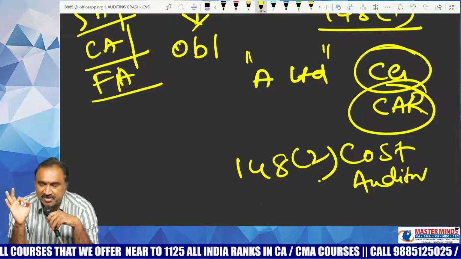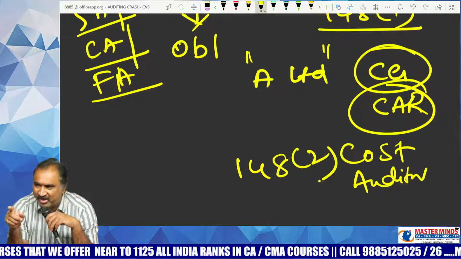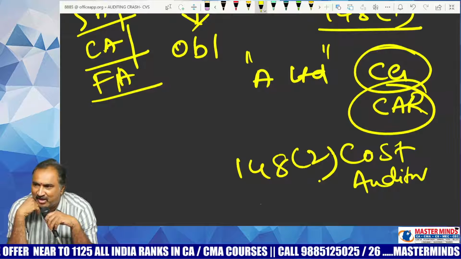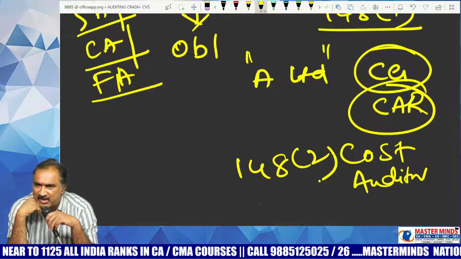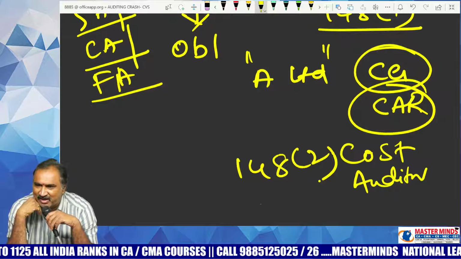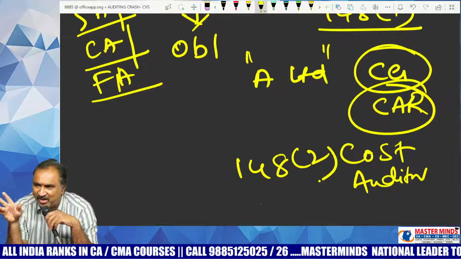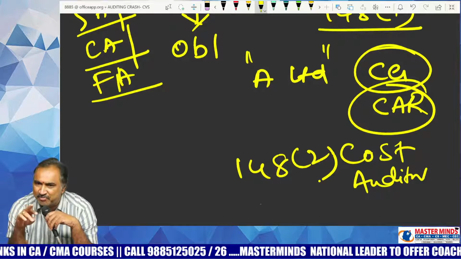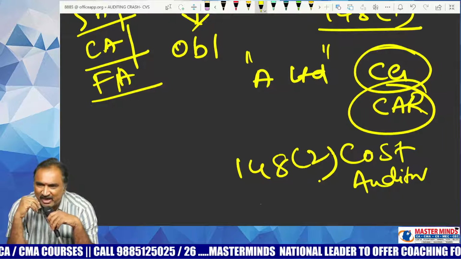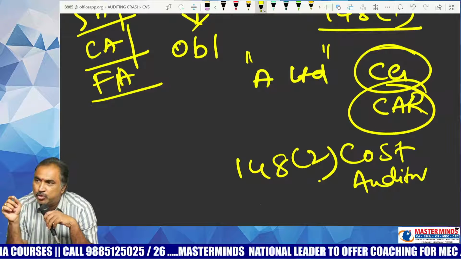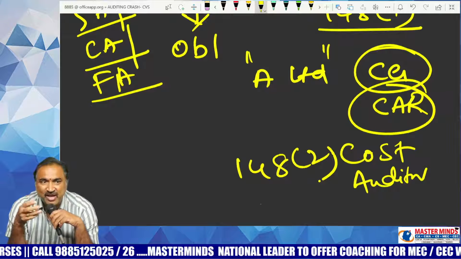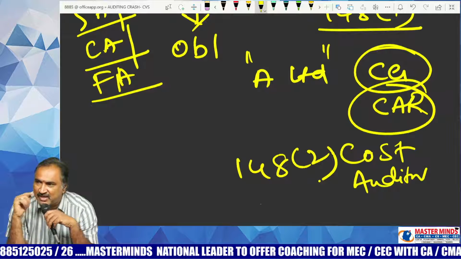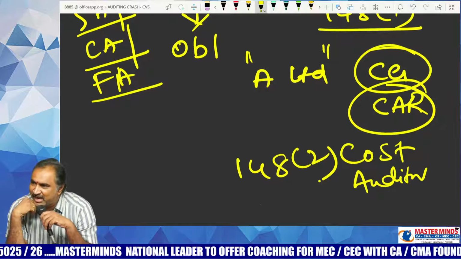The answer is yes. Why? Because being a cost auditor, sometimes you may be forced to prepare a statement called a reconciliation statement, reconciling costing profit with financial profit. In order to prepare a reconciliation statement between costing profit and financial profit, you must be in a position to identify the reasons why there is a difference between the profit as appearing in the costing profit and loss account and as appearing in the financial statements.